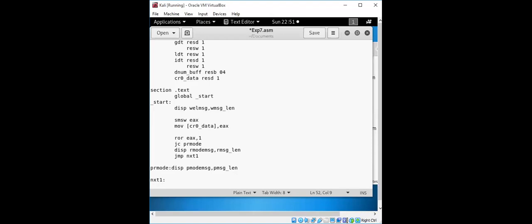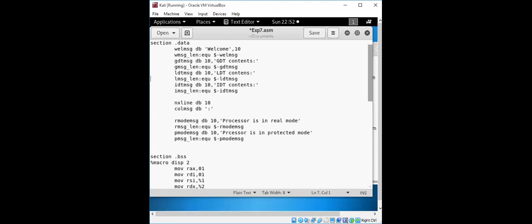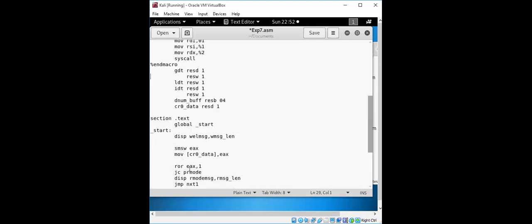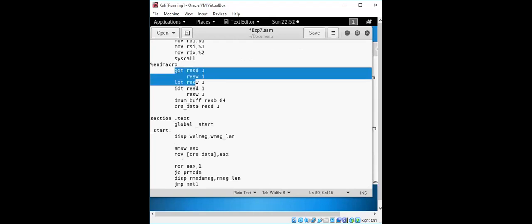Then we need to get the contents one by one, with the help of the instructions we have discussed: SGDT, SLDT, SIDT, the global descriptor table, local descriptor table, and interrupt descriptor table. The variables we have reserved for this hold those contents. We need to take these contents, whether it is in protected mode or in real mode.